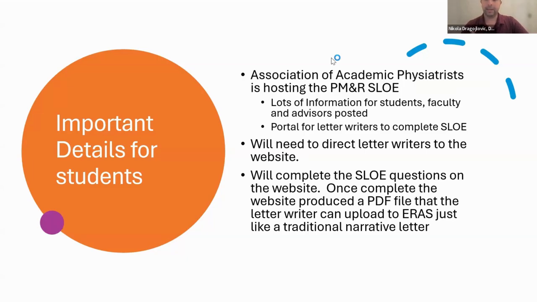I think if you can get a SLOE from a PM&R faculty member who's observed your clinical interactions and patient care recently, you should. I think a SLOE from a year ago, maybe when you were a brand new MS4 and hadn't even gone through the application cycle completely yet, is probably not going to speak to all of your skills, right?